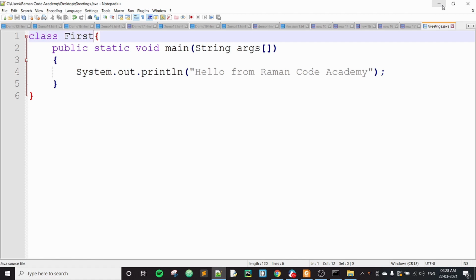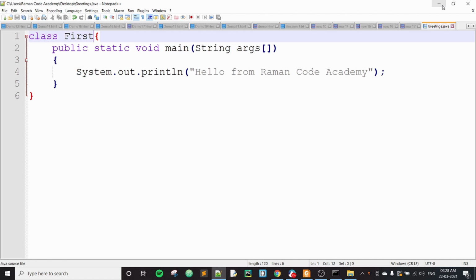Now, when it comes to Java, it's not the same way of execution. When we give this .java file as an input to the compiler, after compilation you'll get a .class file and not .exe.